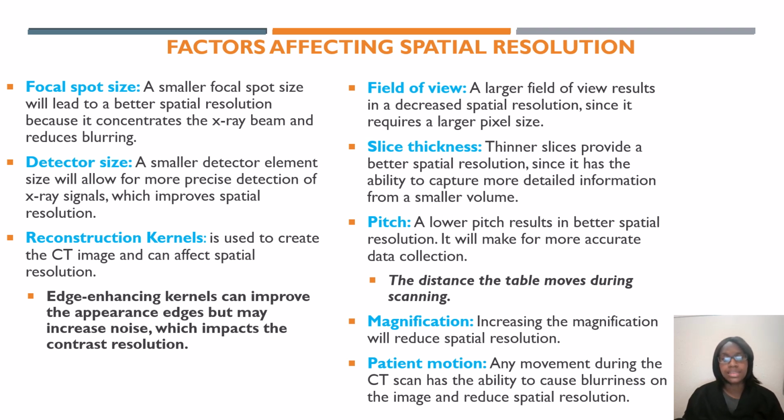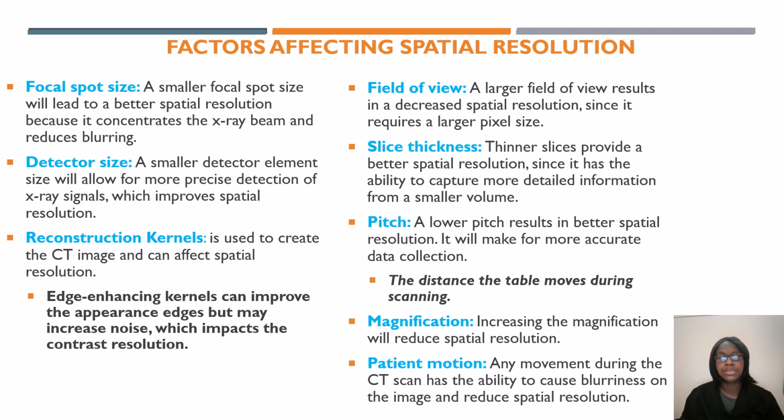So pitch is the distance the table moves during scanning. Magnification: this increases the magnification, which will reduce spatial resolution. So just know whenever magnification increases, spatial resolution decreases. Patient motion: any movement during the CT scan has the ability to cause blurriness on the image and reduce spatial